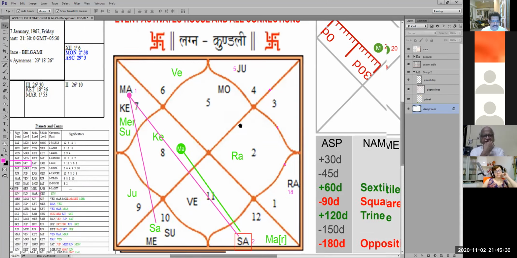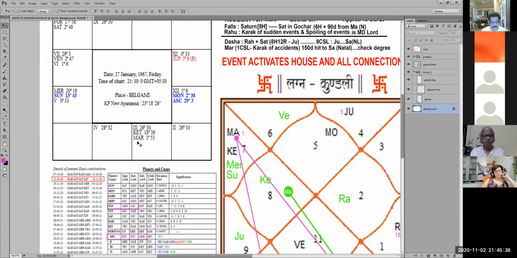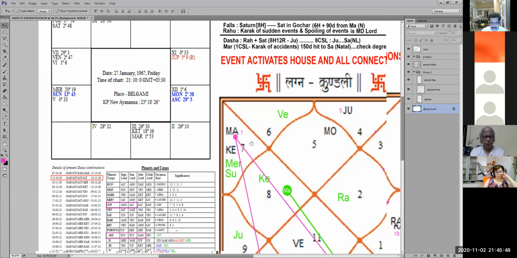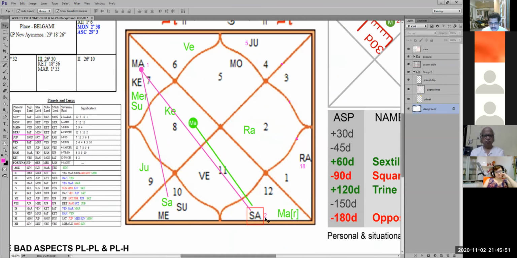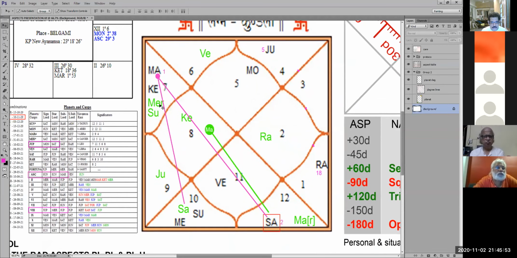150 है. Now 150, if you see, it's 7th Rashi. So 7th Rashi is this one in the South Indian chart. Mars का डिग्री कितना है? 1 डिग्री. केतु का डिग्री कितना है? 18 डिग्री. आपका Saturn का डिग्री कितना है? 2 degrees. Can Ketu with 18 degrees hit with 2 degrees? There is a 16 degree difference. नहीं मारेगा. I am talking for 150 degrees, 3 to 5 degree difference है. ये तो 16 degrees का है. तो Ketu is out of question. Mars को 1 degree आ गया, Saturn को 2 degree आ गया. It is almost like a bullseye.